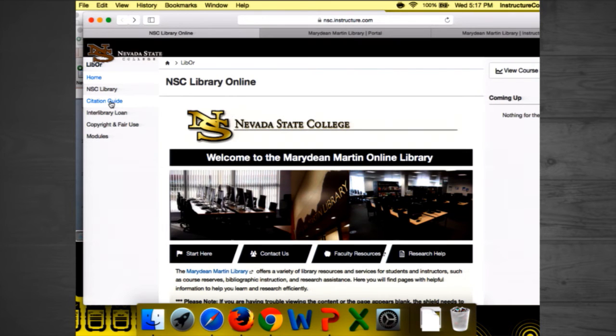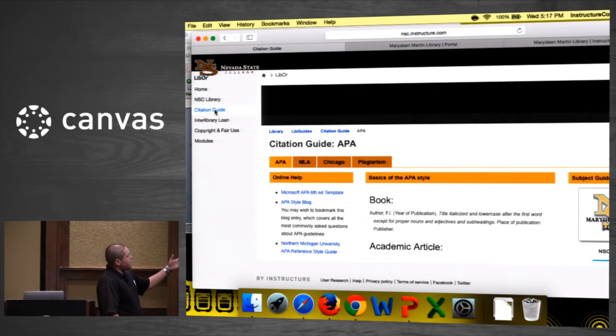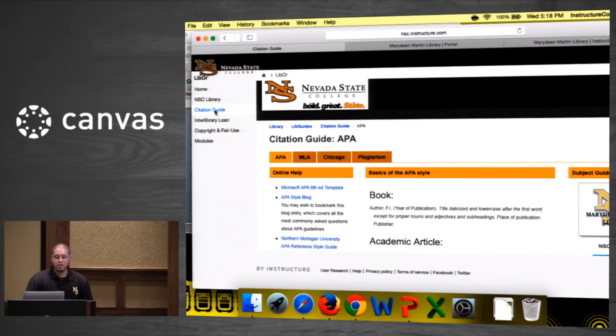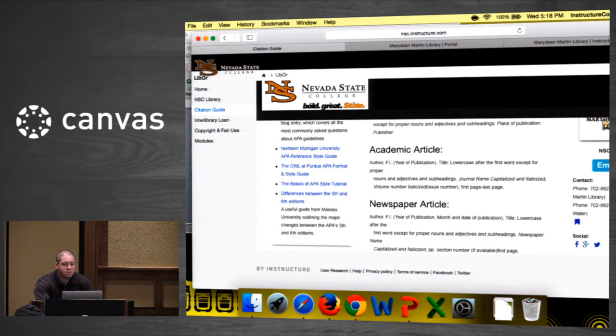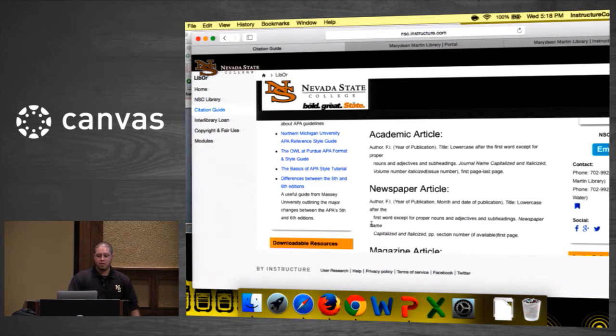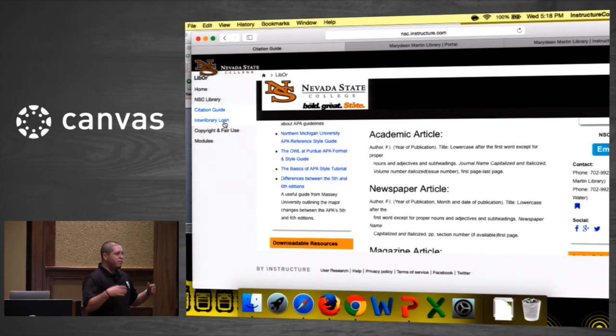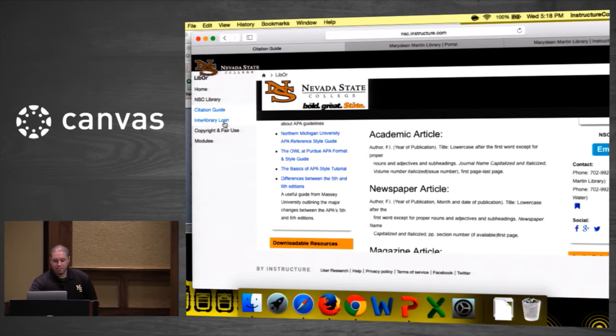The other thing is the citation guide. A lot of students are doing their research. This is their first time that they've had to really dig in and cite sources correctly. This is through SpringShare LibGuides, we've included our subject guides. So whether they're assigned to do APA or MLA, we have that here, and they can see actual examples of how to cite, whether it's a book, an ebook, an academic online journal article, that type of thing. They can access this citation subject guide. And we also have links on there. Some of them are familiar with the OWL at Purdue site, which is a little bit more robust and goes in depth for questions that they may have.